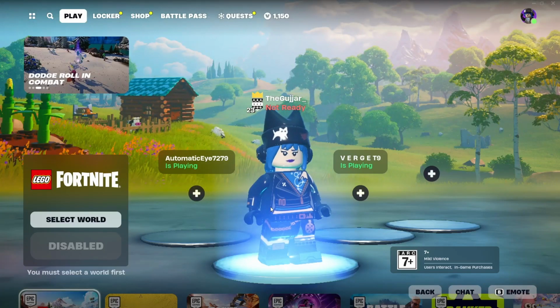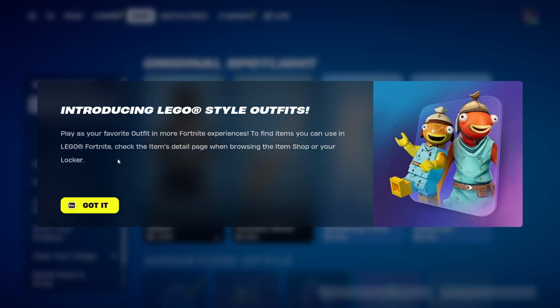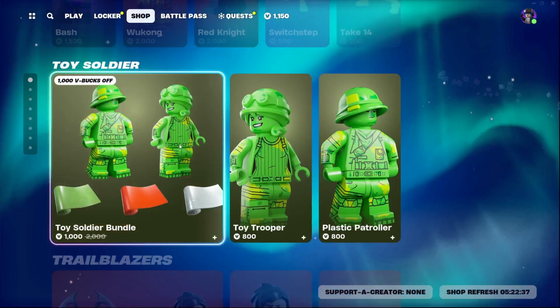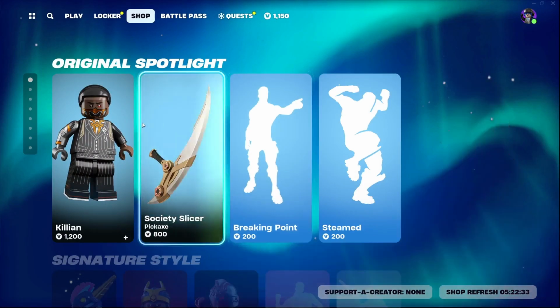Canceling a purchase on Fortnite Item Shop is a pretty easy thing to do. Today I'm going to teach you how you can cancel a purchase on Fortnite Item Shop. Now, as you know, whenever you buy a skin in Fortnite and suppose you want to cancel it, how can